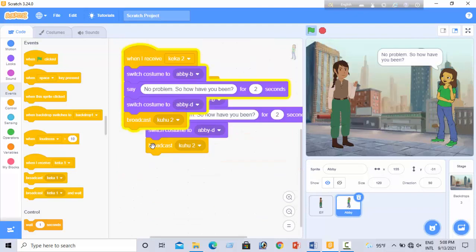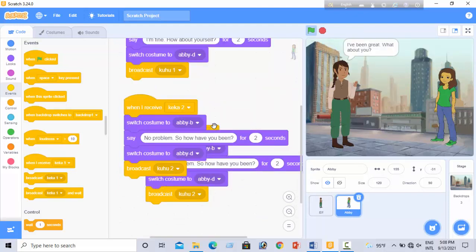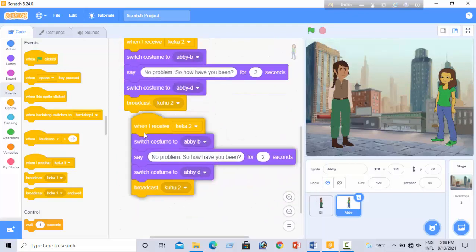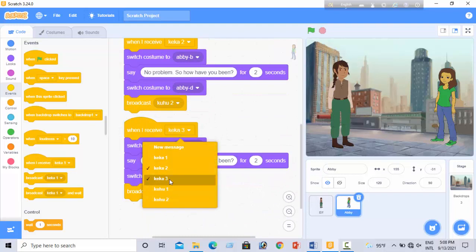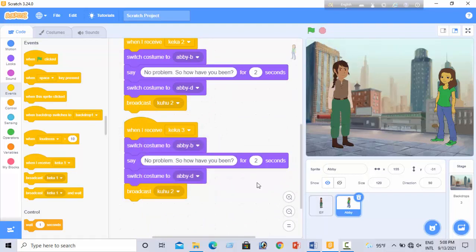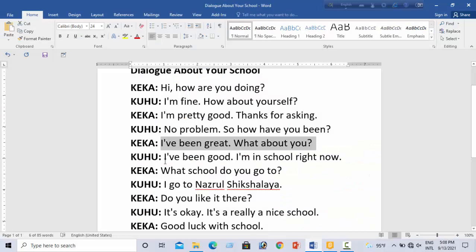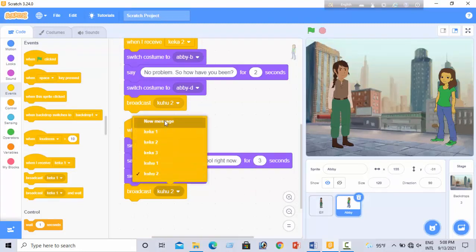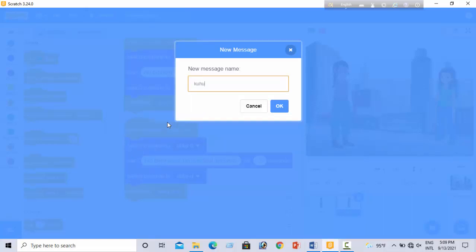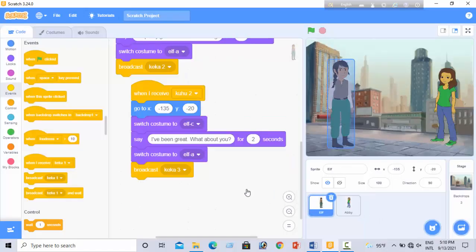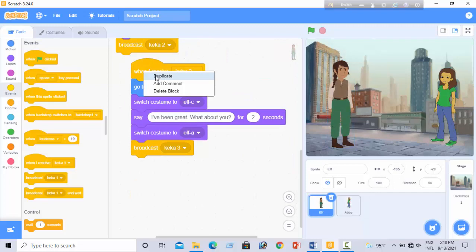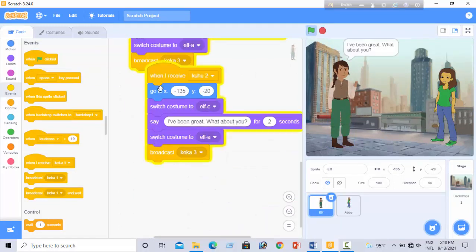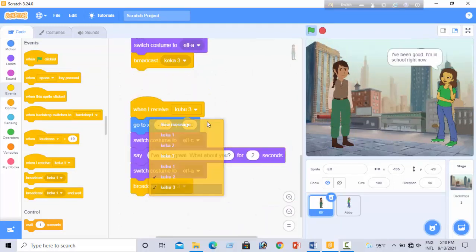When I receive KEKA 2, but not KEKA 2, it's KEKA 3. When I receive KEKA 3, switch costume to AVB, and I have been good. I'm in school right now. It's for 3 seconds, and switch costume to AVD, broadcast KUHU 3. Then I go to ELF and duplicate when I receive KUHU 2, but it's not KUHU 2, it's KUHU 3,